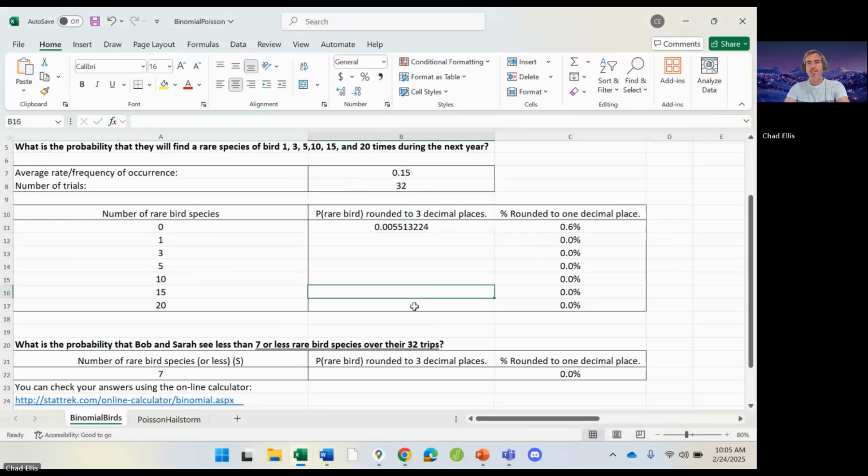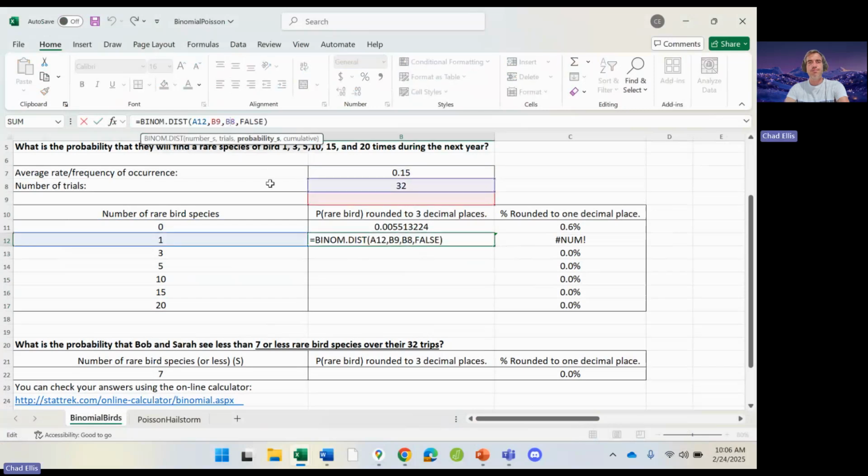Now, kind of a trick here, so you don't have to retype the expression every time, is that you can grab that bottom right corner of the cell and drag it down. You can see if you do that, there's a problem. And if you click on the cell, you can see what the problem is. Because when you drag down, it dragged down to 1, which you want, but it also dragged down on these